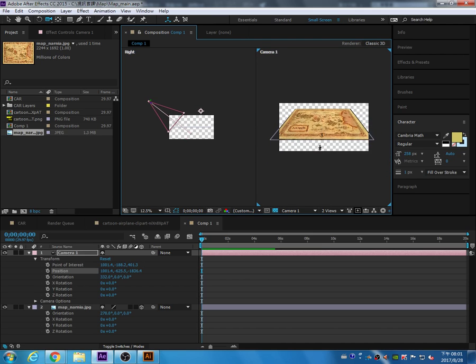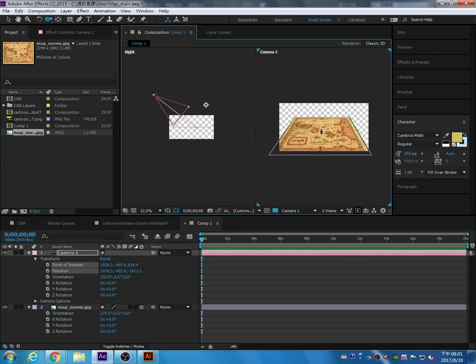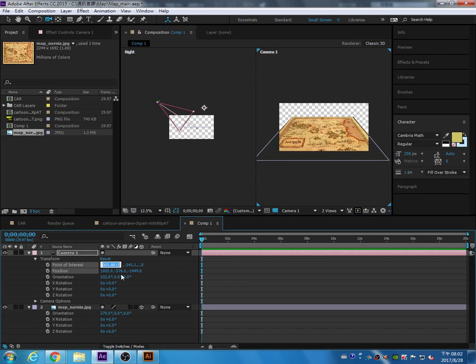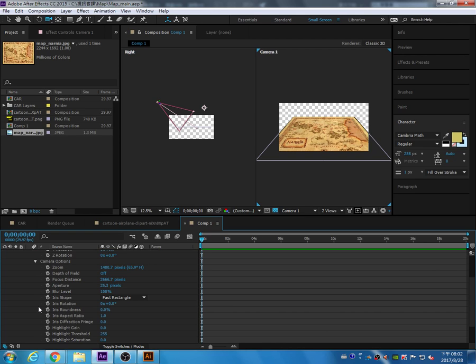And there's some other useful ones that also have this evolution, just as another example. If on top of everything I add another adjustment layer, and then I'll add hue saturation, and I check on colorize, this is going to colorize everything below it. And if I turn up saturation,